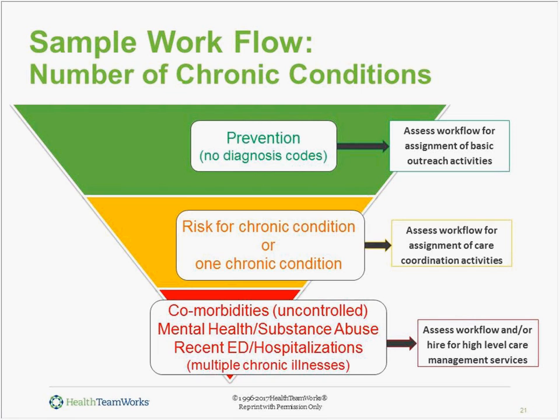So we want to be assigning high-level resources to people that basically need their prevention needs. But we want to do enough outreach to those who aren't following through with their prevention needs so that they don't move up in their risk category to that yellow, moderate-risk section. So the yellow section, we consider those at moderate risk as they're at risk for a chronic condition, or